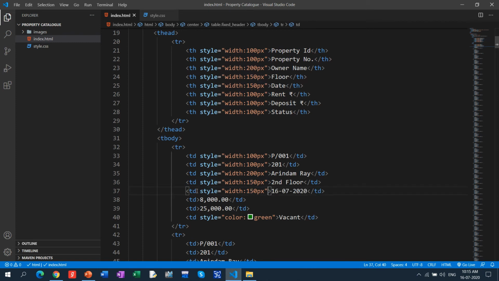In case of date, I make it 150, and in case of rent, 100 px, and in case of this one also 100 px. Just put the quotation completion, and in case of this, it will also be 100 px. Color is there, so this one we have to put 100 px semicolon only. Done.